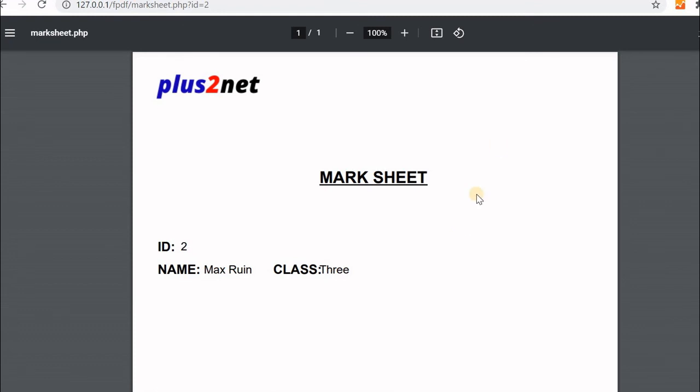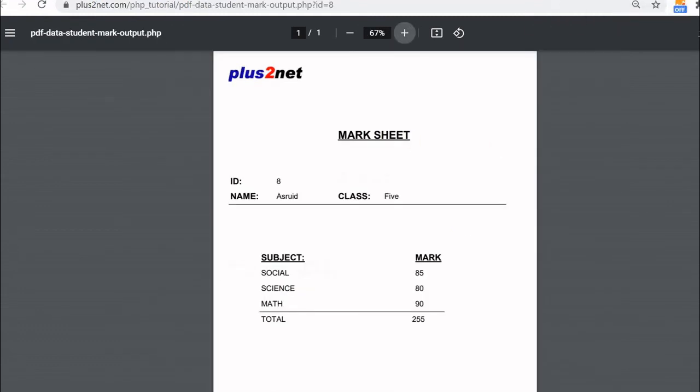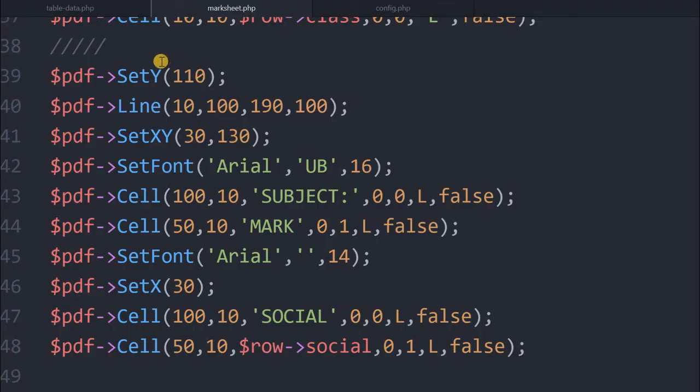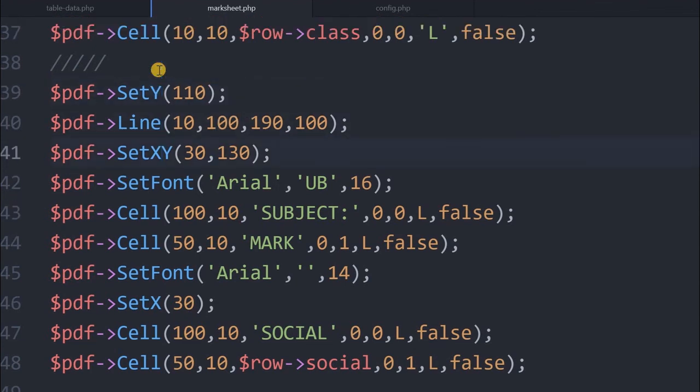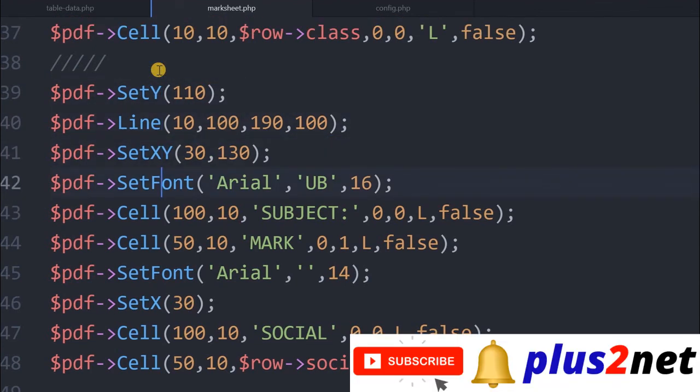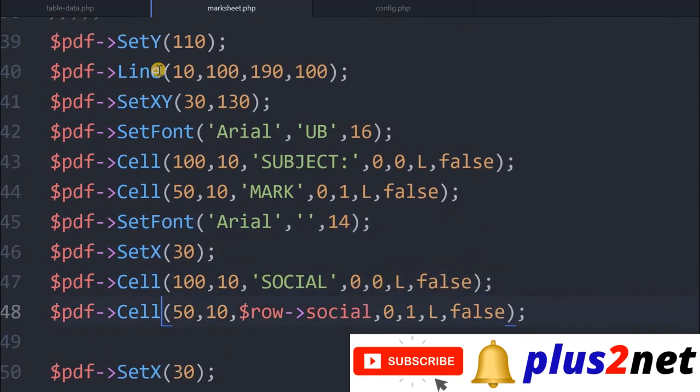Now let's see what finally we want: name, class, then one line. We'll do that next. I just continued the same pattern, and you can see I set the y as 110, then the line is drawn, then x, y 30 at 130. I come one step below, and the font is increased, and the subject and mark, these are headings I have written.